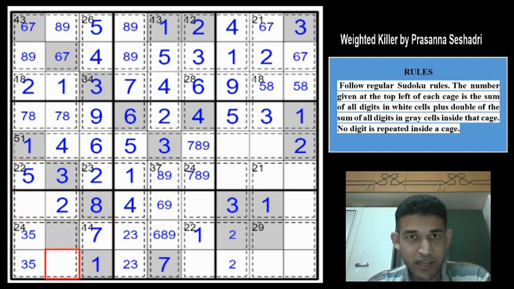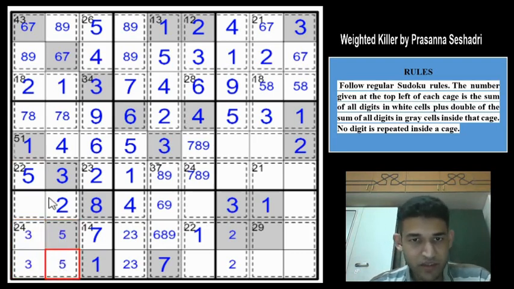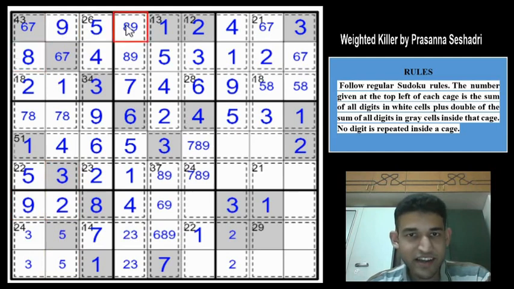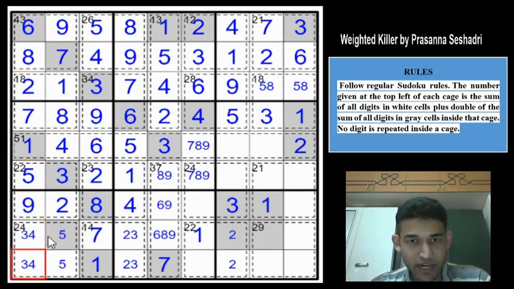So 3 can only be in these 2 cells in here, and 5 can only be in these 2 cells, right? And this is 6, 11, 13, this would have to be a 9, right? And that gives a 9 here, an 8 here, an 8 here, a 9 here. Amazing. So we have an 8 here, so this will be 8, this will be 7, that gives a 6 and a 7 here, and a 7 and a 6 here. Superb. So we need 2, 6, 8, 3, 4 from these 2 cells. Only possible candidates in column 1, and then 2, 3, 4, 8, 1, 7.